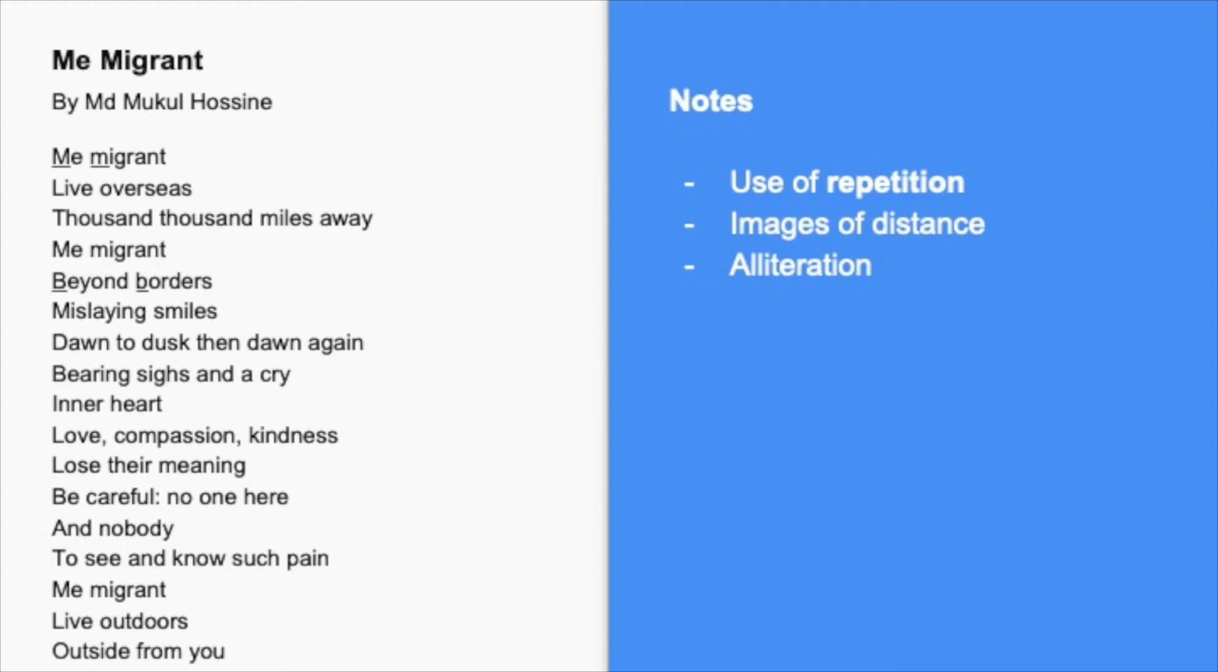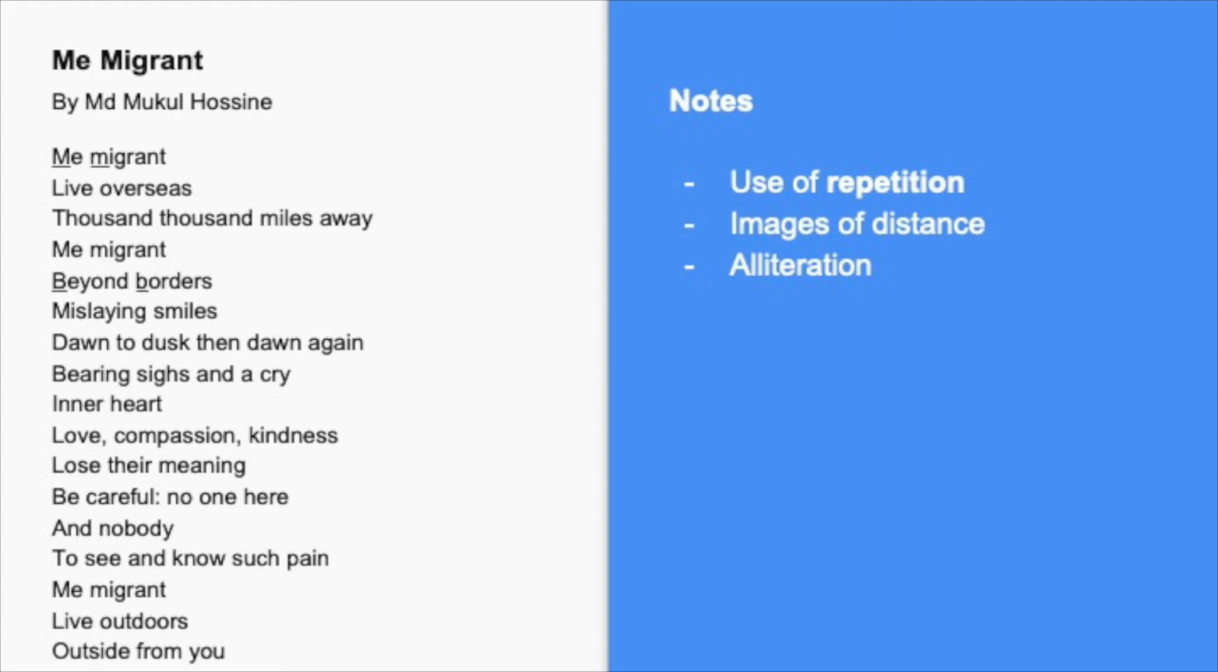In the first few lines of his poem, he uses a lot of images of distance to really emphasize how he's away from home, he's far away from home. So he writes, "he lives overseas, thousand miles away." Notice that he repeats the word thousand to emphasize how far away from home he is. And he says "beyond borders,"